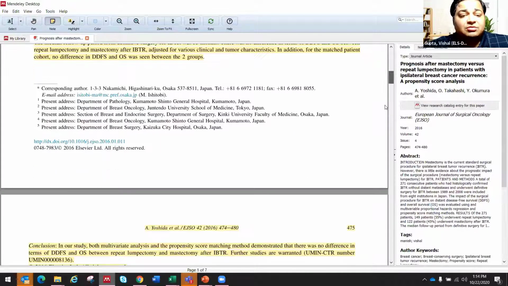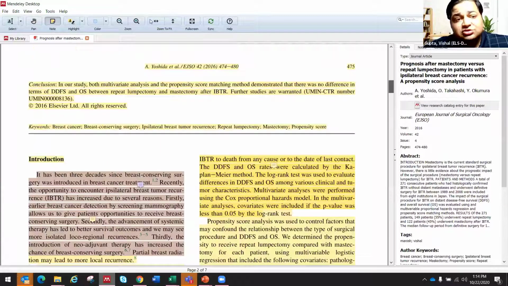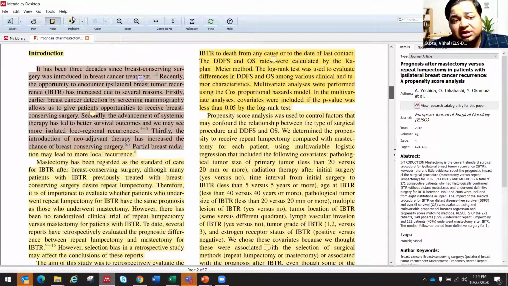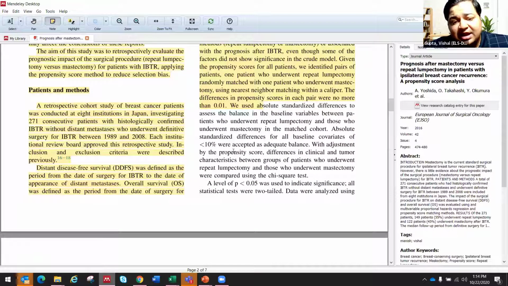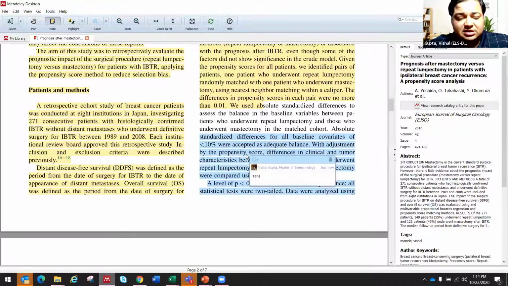Once this is done, you can also see that on this page there are several highlights that have been done. How can you do this? So on the top there are tools available. So let's say I click on highlight here. I can highlight this particular portion, right? And then I can click on note and I put a note here. Let's say I say, Tehseen, I need some clarification, right? And I save it. Now this note and this highlight will remain like this.